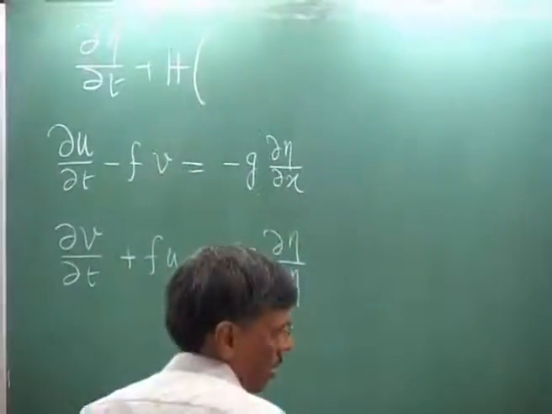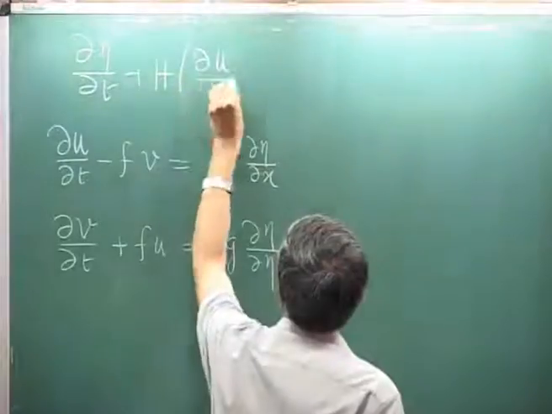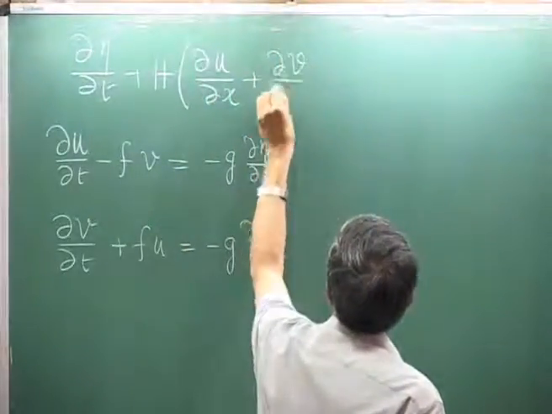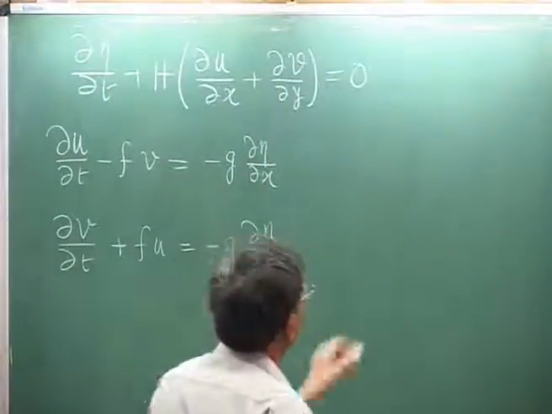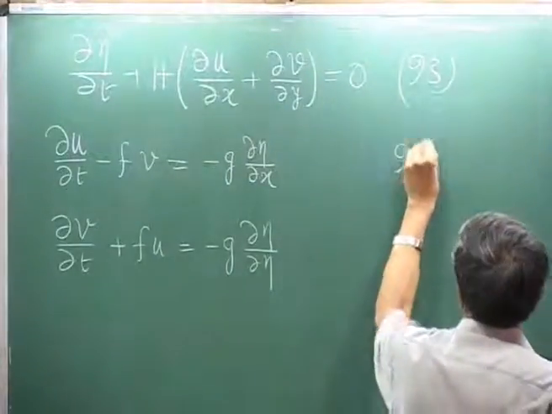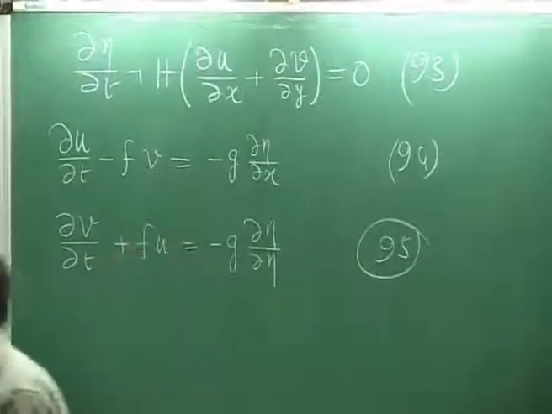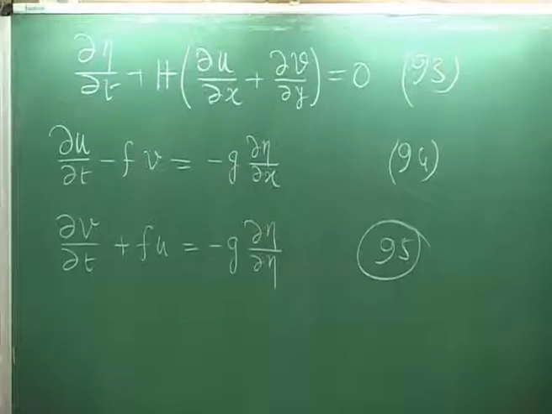So, these are those three equations. Okay. So, that is your 93, this is your 94, and this is 95. So, if we go over slowly with this